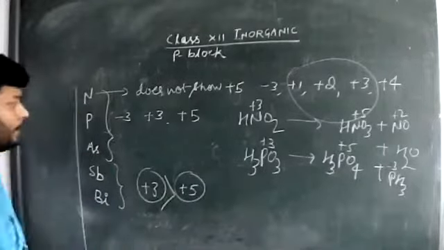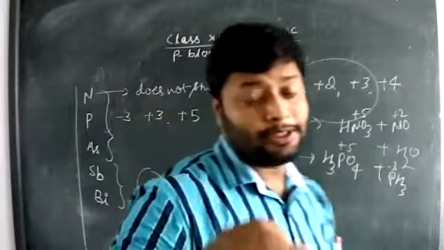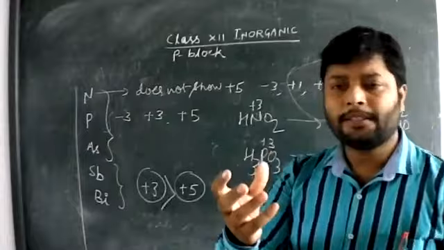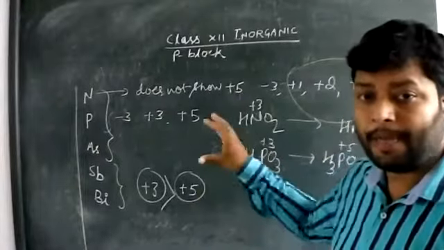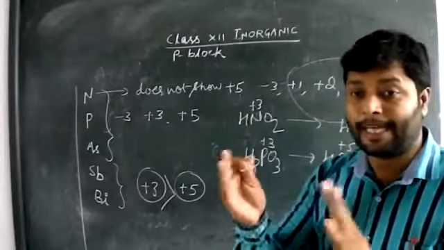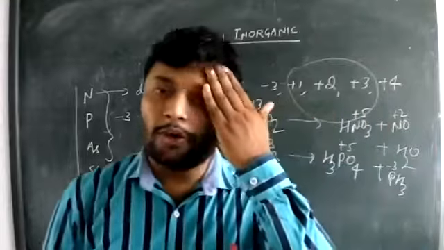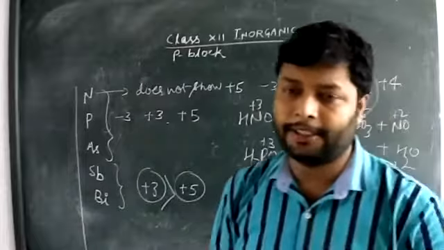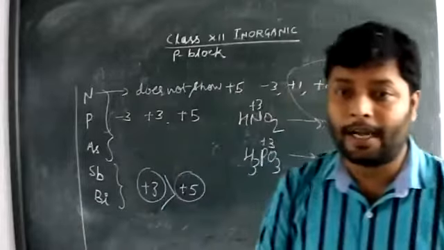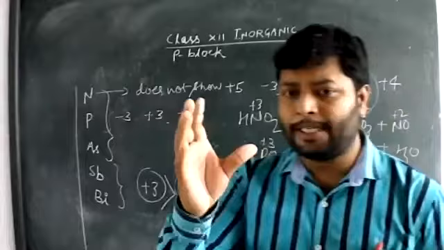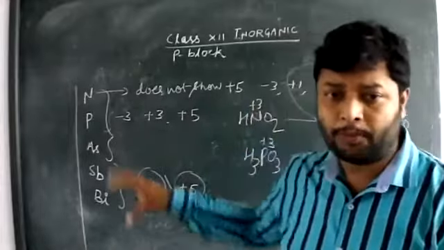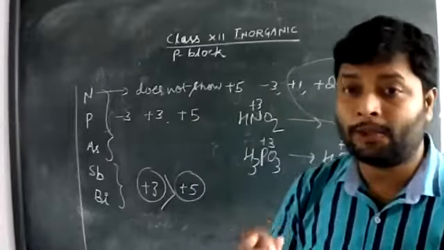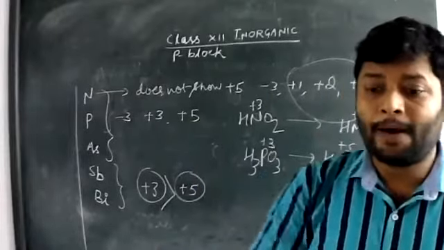So class, this is all about the last lecture we discussed yesterday. Let's add some more concepts in the same area about atomic size. We call atomic size according to covalent size and ionic size. There is no exception in covalent size, because as we move down the group, due to the increase in number of shells, covalent size will increase. But what about the ionic size?